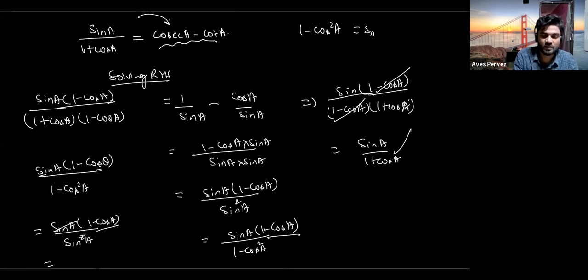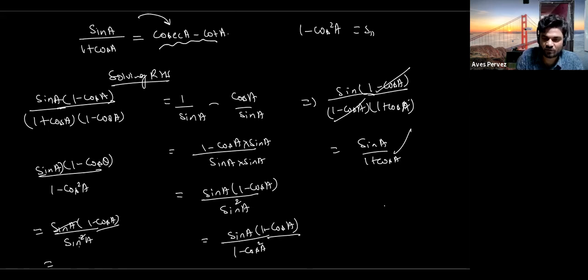So what you can write here is sine a into this we have multiplied. Let the numerator be the same. Now you know that 1 minus cos square a is equal to sine square a. We can bring this value from sine square a plus cos square a is equal to 1. So 1 minus cos square a is sine square a. So what you can do here is cut this one. Here is a square and there is only sine. So now you can write this one, that is 1 upon sine a, 1 upon cos a.